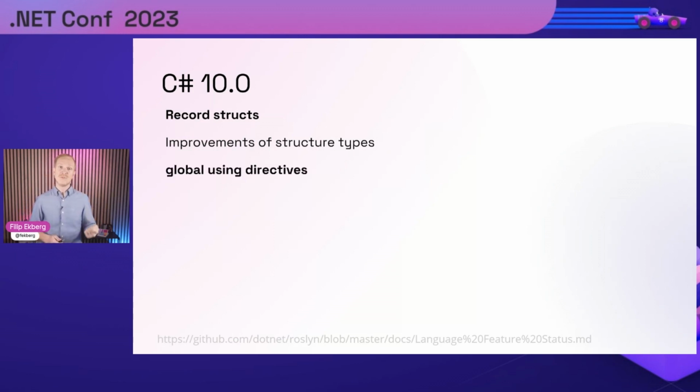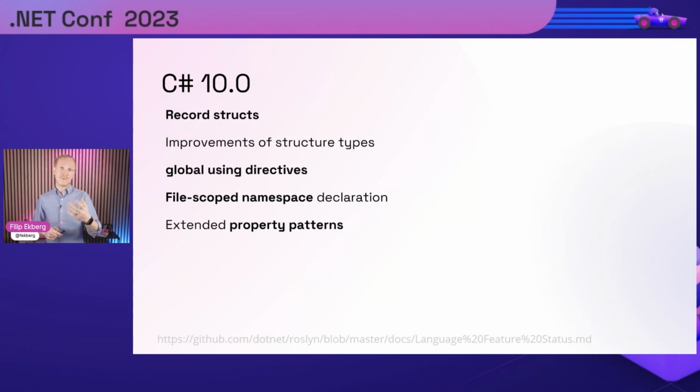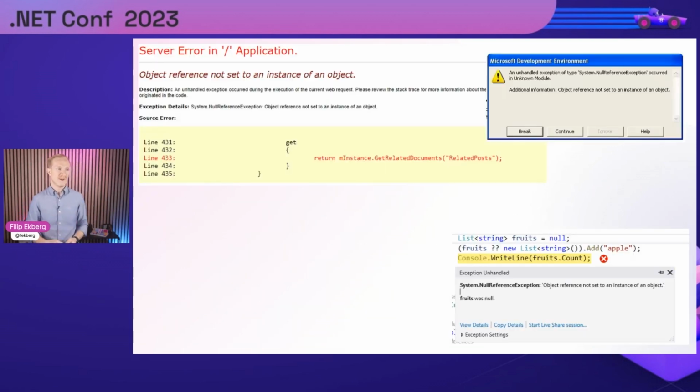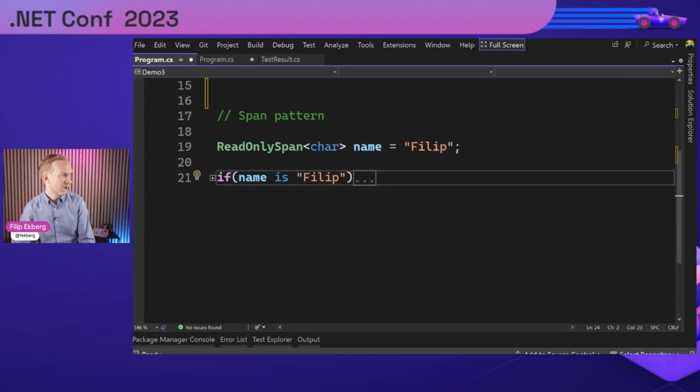They did some improvements to the language in general. They introduced global using directives, file-scoped namespace declarations, and this is, again, improving the way that we can work with minimal APIs or that style of applications. So even if they introduced the first iteration of top-level statements in C# 9, they gradually improve this in each version of C# to make it more intuitive to work with top-level statements or applications like it. They introduced the extended property pattern that I just showed you, so you don't have to manually perform a null check on that property. They did some improvements to lambda expressions,